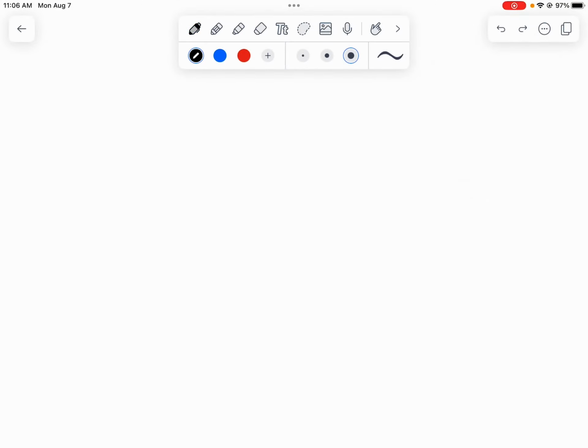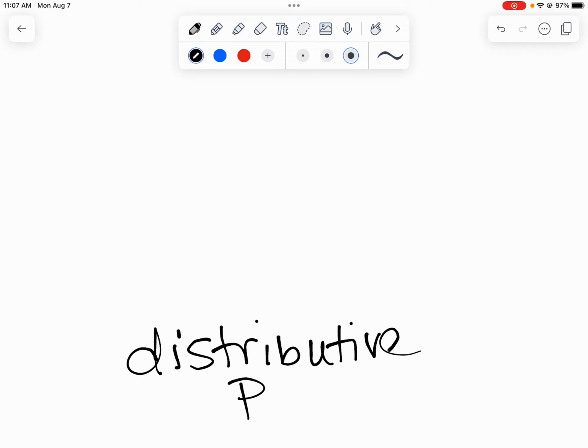Okay, now I'm going to show you how to do a problem that has parentheses. And we are going to use the distributive property. Okay, and what we are doing with this is we are multiplying, and you always have to get rid of parentheses first. So let's say we had this problem